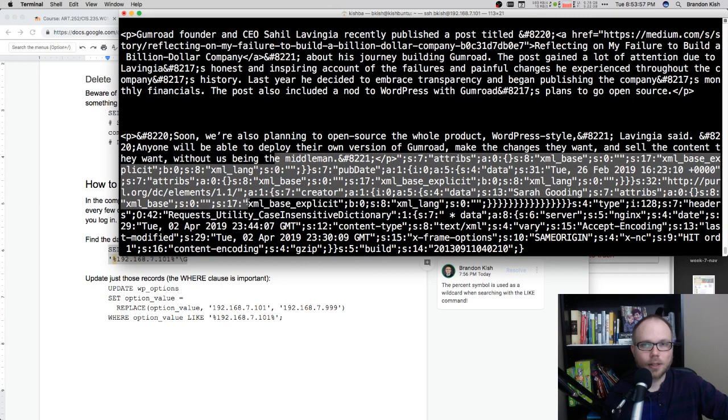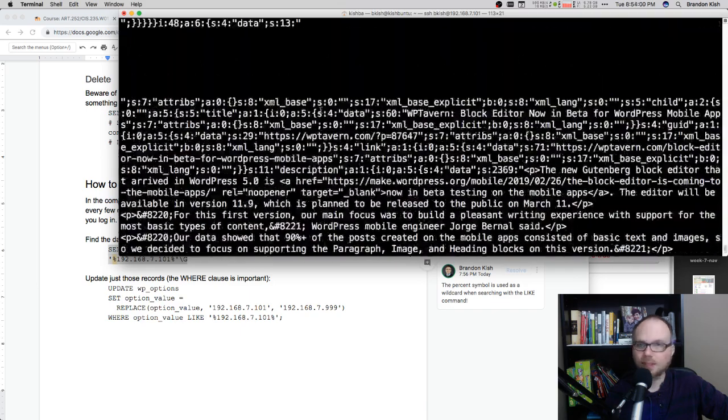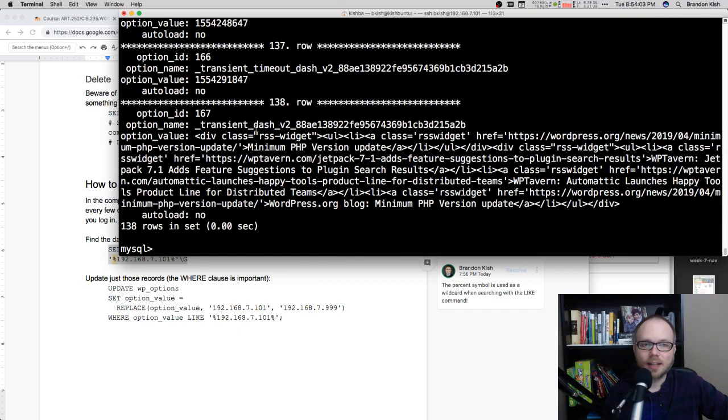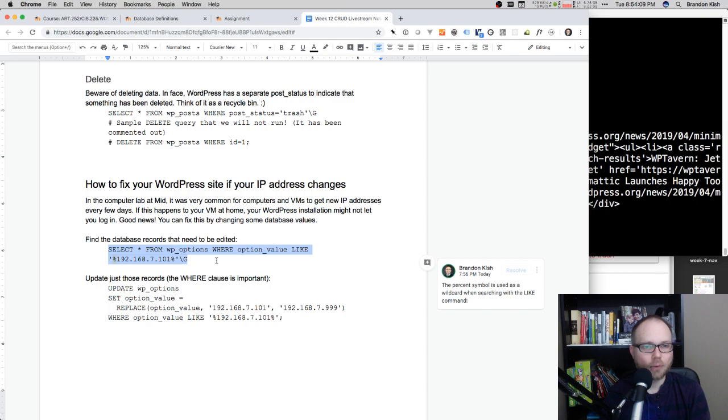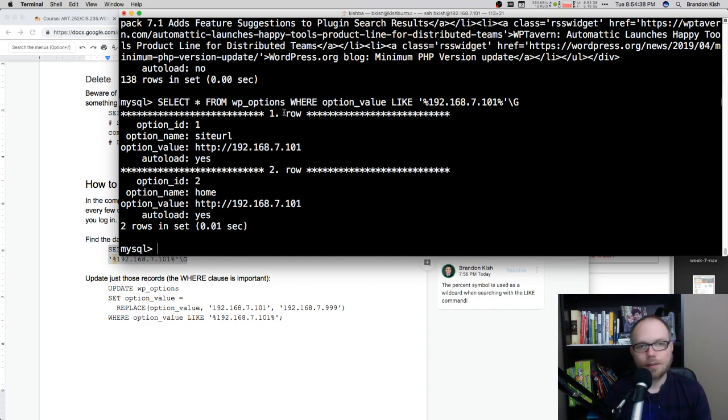or records in here. I don't think that this is easy to read, but what I will tell you is that there are settings in here for all aspects of WordPress, and the more settings you change, the more records that there are. I wrote a query here that will actually find the options where the IP address is included. So I wrote a select star from WP options where option value, and instead of the equal symbol, I used the word like. That triggers a wildcard search. And this wrapped onto a new line, but then in the quotations here, I used these % signs around my IP address. So let me paste this in.